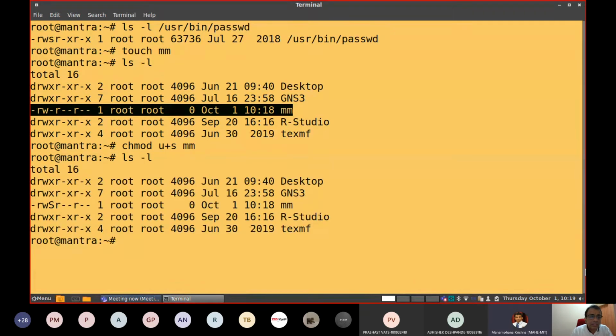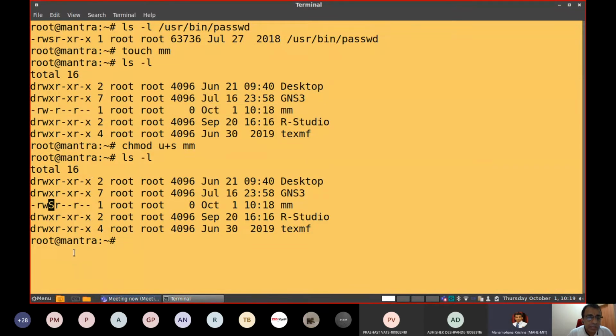Now check the content. Now look into this, the capital S here. As a super user, administrator, I set the SUID bit equal to 1 for a file called yum. Of course, now it is an empty file, which is 0. Nothing is there in that.